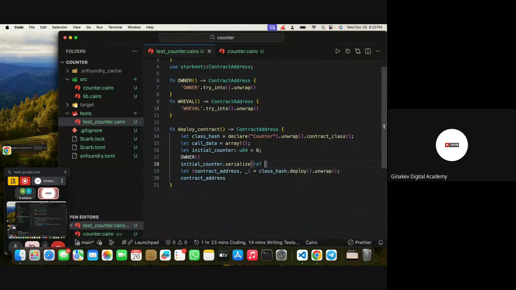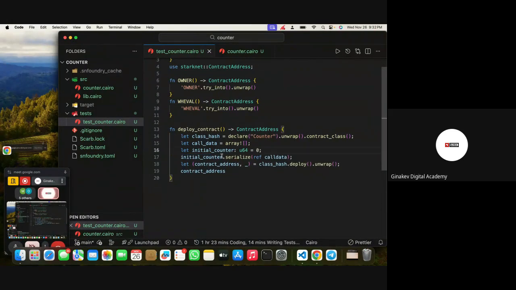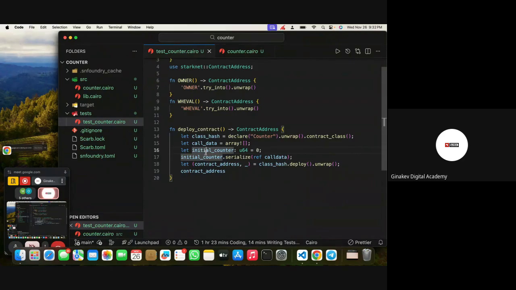and then pass it into the call data array. So we're passing the ref because we're going to modify the value of the call data, right? And also we can serialize. We have to pass the initial counter first, because if you see what the constructor expects, it's the initial counter and the owner next. So we're passing the initial counter, serializing it into the call data, then the owner function, which is going to return the contract address, and we serialize it